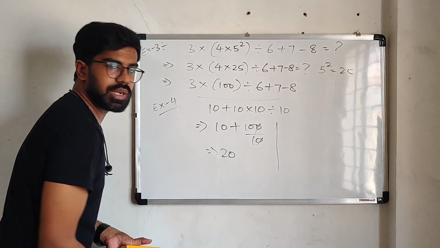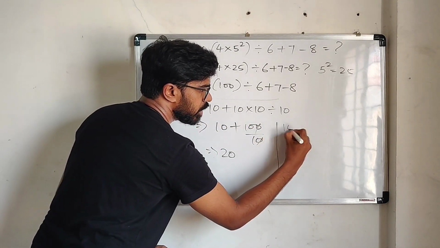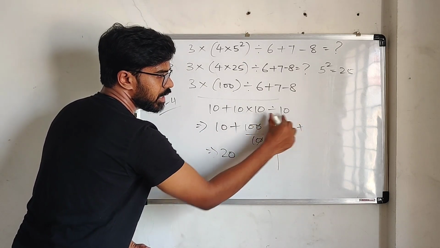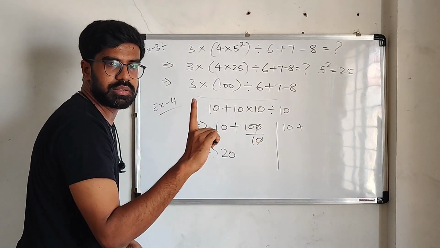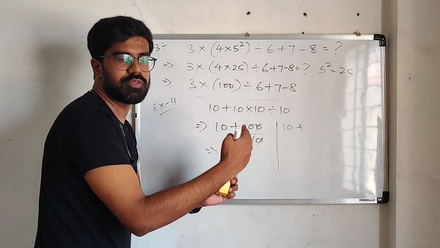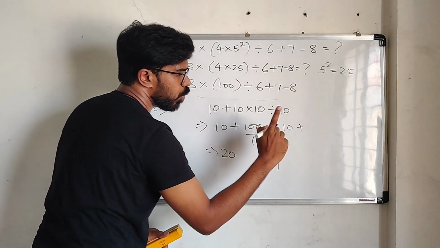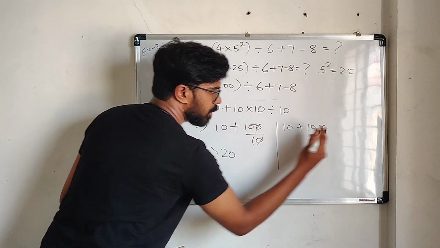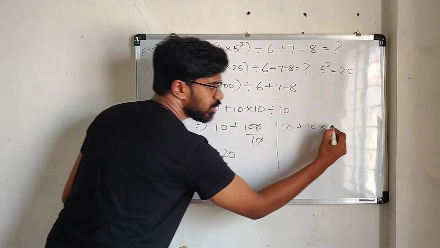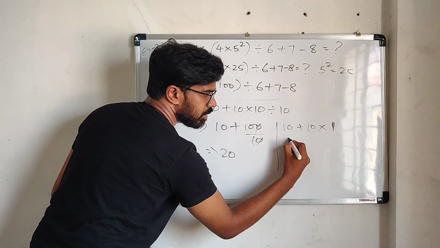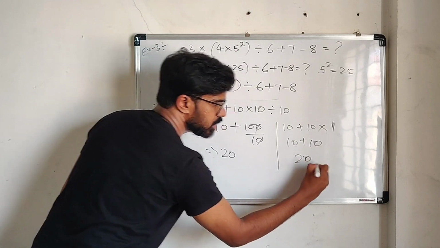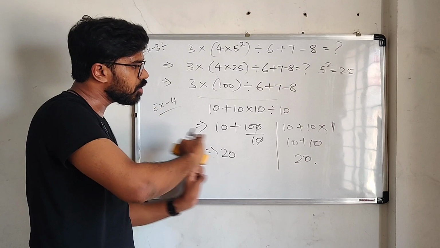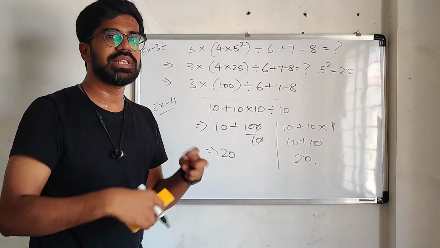Now if you don't want to do like that, then how you do it? 10 you write over here plus this 10, and here 10 divided by 10. What is 10 divided by 10? That is 1. If you follow BODMAS, the division if you follow first, 10 divided by 10 is 1. So here 10 plus this 10 over here multiply by the division of this is 1. So 10 ones are 10. 10 plus 10. Still you will get 20 only. Alright. So you don't have to have any doubt. Just follow from left side to right side. Quickly we'll see one more last sum.